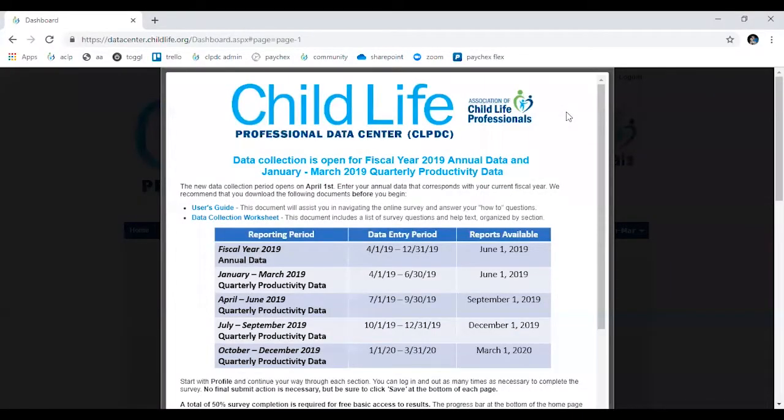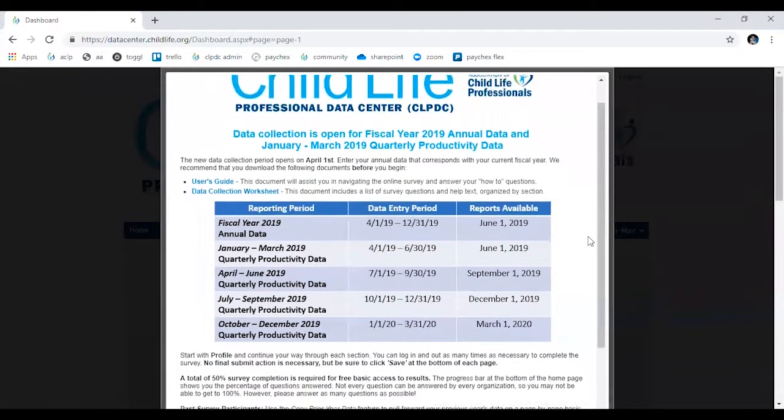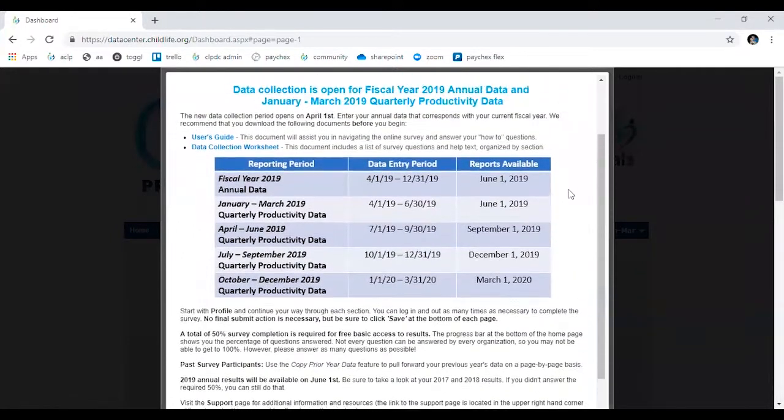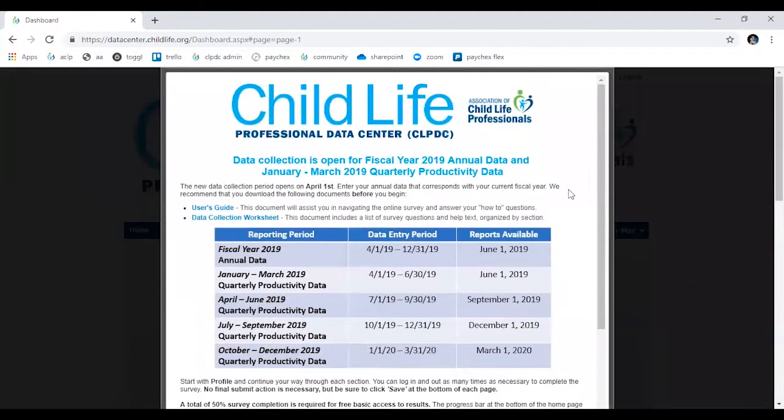In this video, I'm going to give you a brief introduction into entering data into the CLPDC. Once you log into the data center, you should see a welcome screen very similar to this one. If you don't see this, it's most likely that you have not listed your employer on your ACLP profile. Once you've done that, you should be able to come into the data center and enter data on behalf